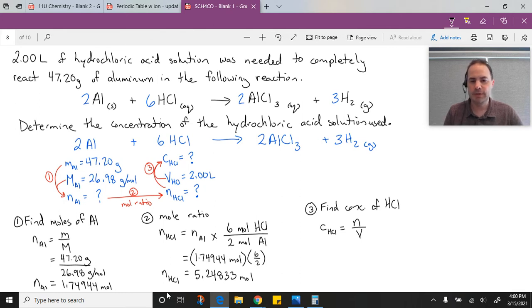It's a molar concentration, moles per liter. So make sure your volume's in liters, which we have. Awesome. So we can plug in our moles that we just calculated of HCl divided by our volume, which was 2.00 liters. And that will give us a concentration of